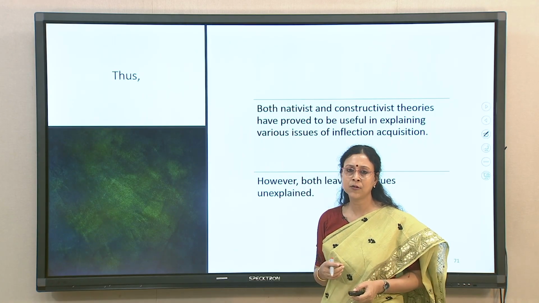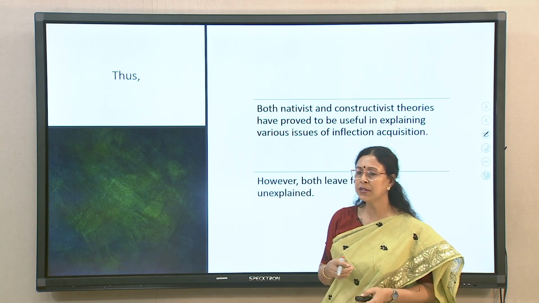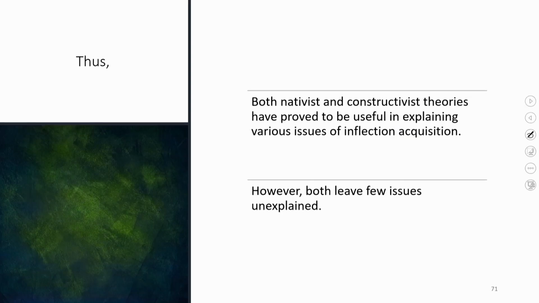Thus, if we need to conclude the comparison between these two theories, both nativist and constructivist theories have proved to be useful in explaining various issues with respect to acquisition of inflection markers. However, both have a few issues that seem to have been unexplained so far. So, of course, the debate does not end here. There are many more